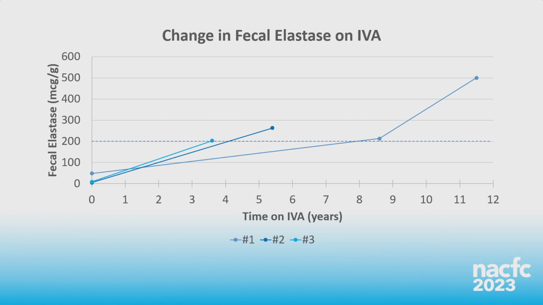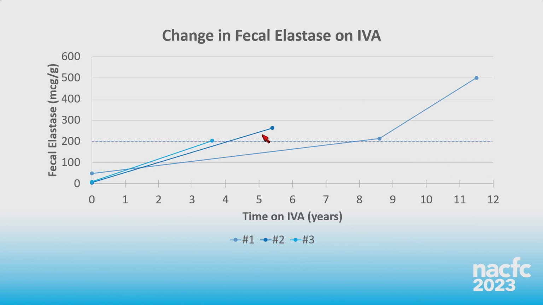However, after 13 months, she presented to hospital in acute pancreatitis and subsequently had 2 more episodes of acute pancreatitis over 3 years. She also started to notice some symptoms of stomach discomfort when she was having high-fat meals, and so we recommended restarting a low dose of PERT. Despite her symptoms, her fecal elastase continued to increase, and by the time she graduated to the adult clinic, she was no longer taking PERT consistently.